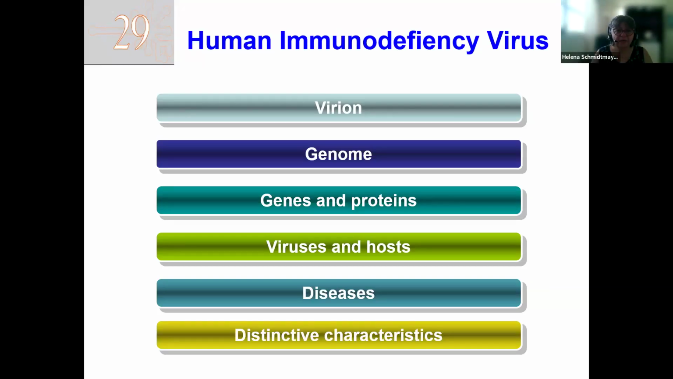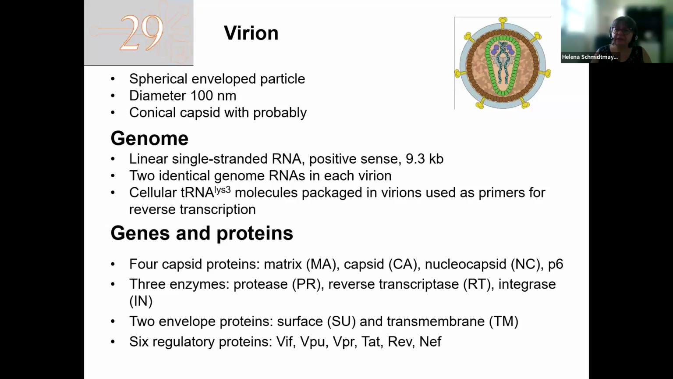We will now discuss HIV, human immunodeficiency virus, in more detail. So the virion is similar to all retroviruses: an enveloped virus which has a conical capsid, which resembles a bullet shape. And that's a very typical shape for HIV virions. The genome is, of course, linear, single-stranded RNA with positive sense, and as all retroviruses, HIV